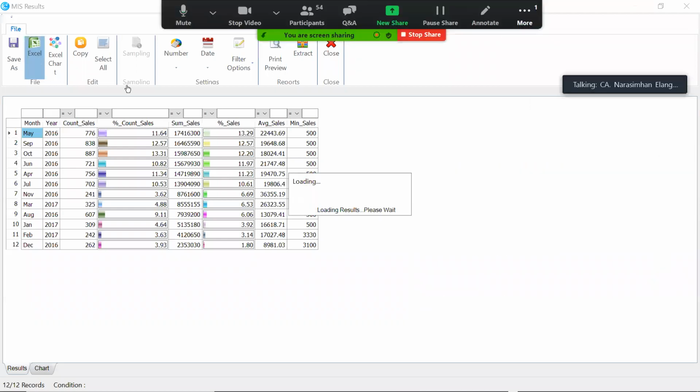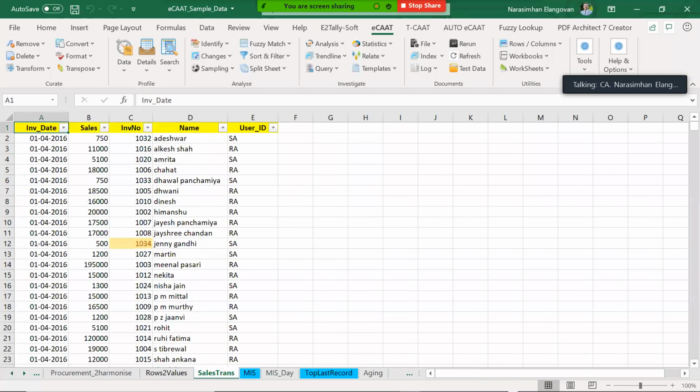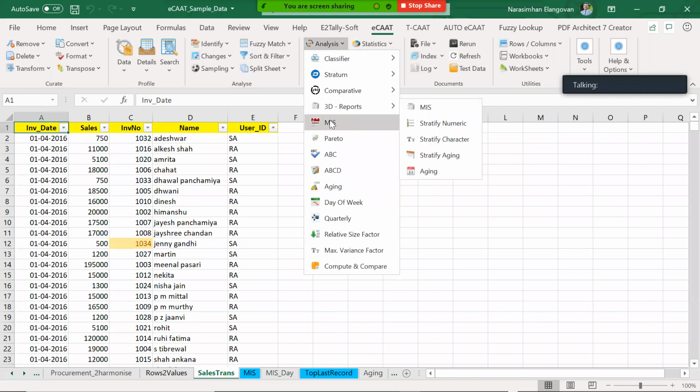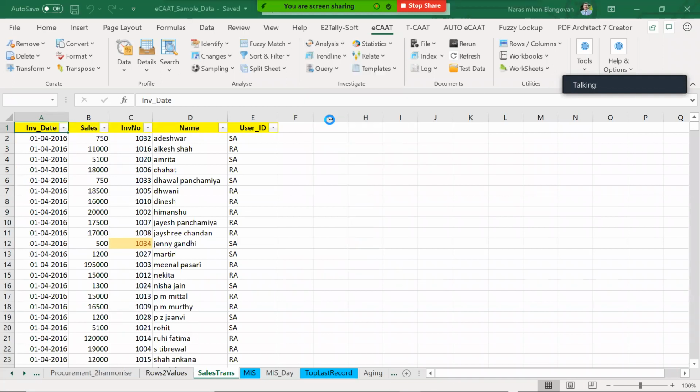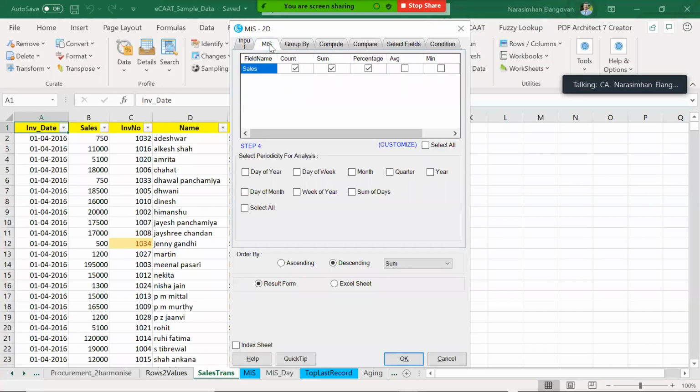So I just click on Excel. Likewise, I can do quarter, I can do year. A lot of things is possible with just this simple function. Now you can keep on arguing, sir, yes, sir, we can make it in Excel. Sir, we are not denying it. Excel can give you only some things. After that you have to write some macro, formula, etc. Here, with the help of a button, you are able to get all this basic information.